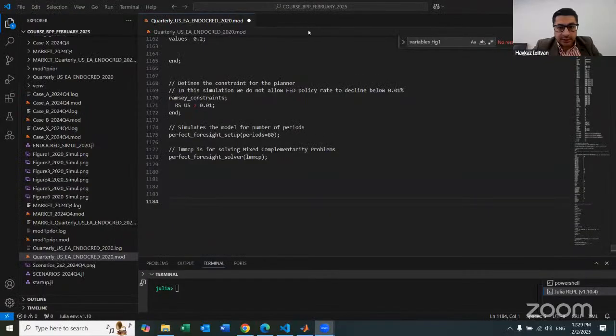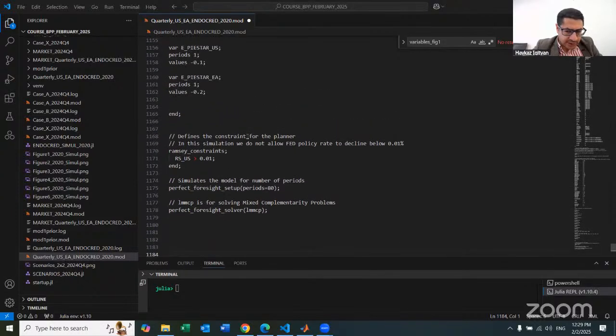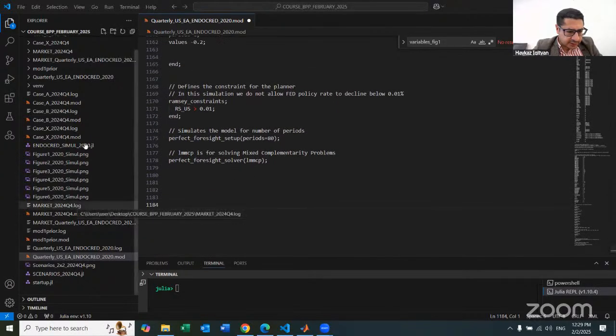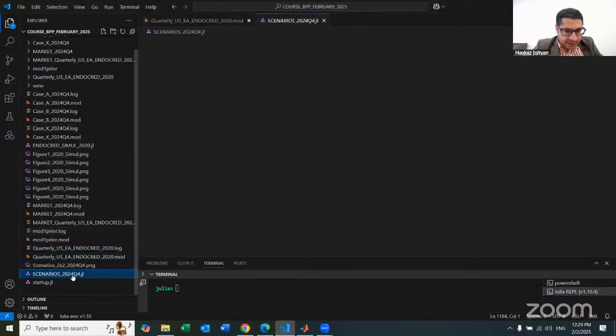You all got, right, the codes which I sent to you. Now, you can put all the codes in the same directory as we are working in, and so these scenarios